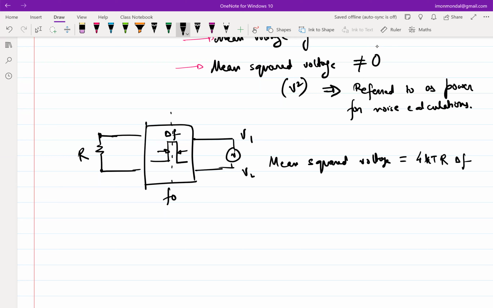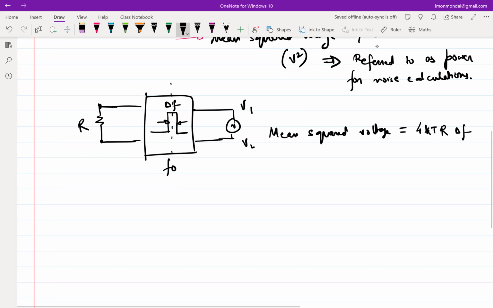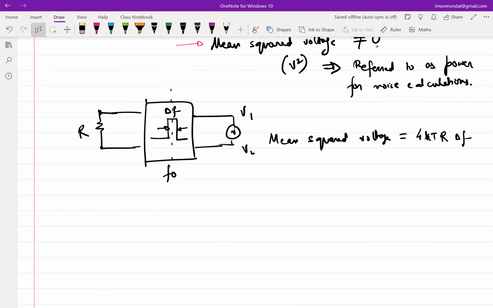So this is by observation, for thermal noise, right? This is what we get. So what is so profound about this? This is essentially telling us that it is independent of the center frequency. It is only dependent on the bandwidth of